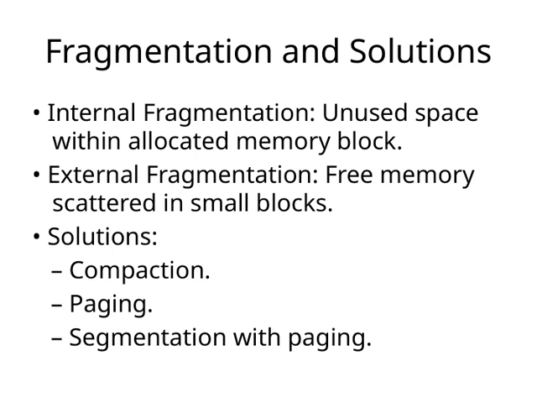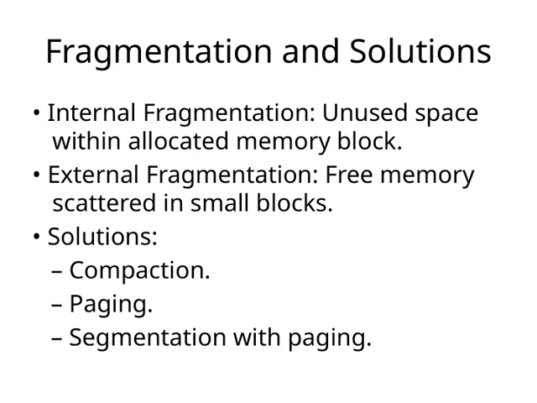To combat these issues, several solutions have been developed. One approach is compaction, which involves shifting allocated memory blocks to create larger contiguous free spaces. While effective, it can be costly in terms of performance. Paging offers a different strategy. By dividing memory into fixed-size pages, we can manage free space more flexibly, reducing external fragmentation. And combining segmentation with paging allows for more organized and efficient memory management, especially when dealing with programs that require different-sized segments. Overall, understanding these types of fragmentation and their solutions is crucial for optimizing memory usage and ensuring our